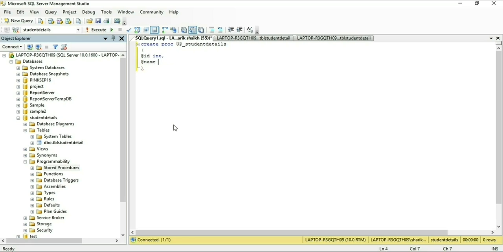The second one is name, data type is varchar, and its character limit is 50. Now I am simply copy pasting it for other parameters. Now I am taking email, gender, stream.